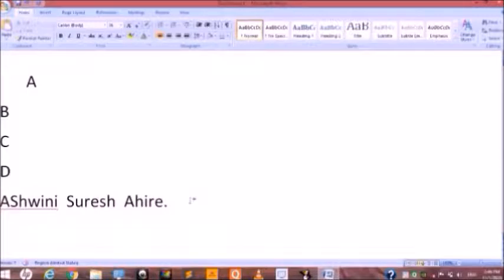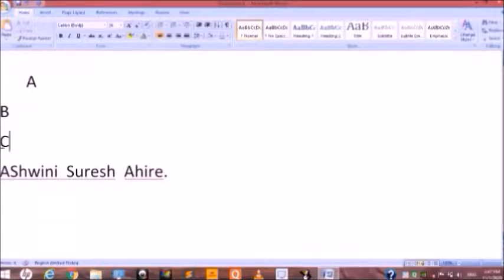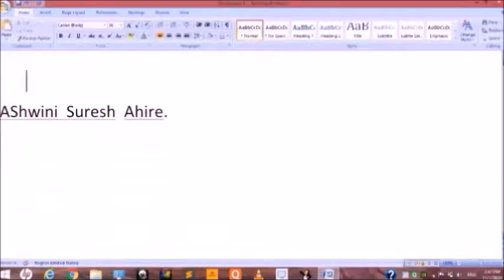Next is the backspace key. This backspace key is used to erase the wrong letter. For example, I have to erase these letters D, C, B and A in this way. Click the backspace key only. They can erase immediately in this way. Look at here. Okay, so if you want to erase your surname, just click on the backspace key in this way. Look at here, at a time only one letter is erased.